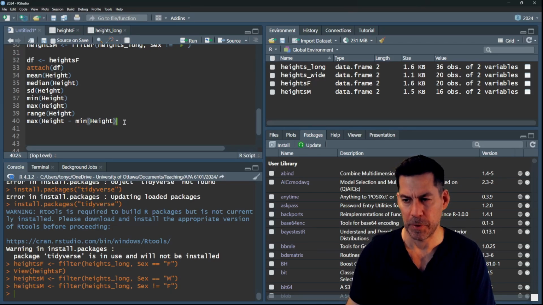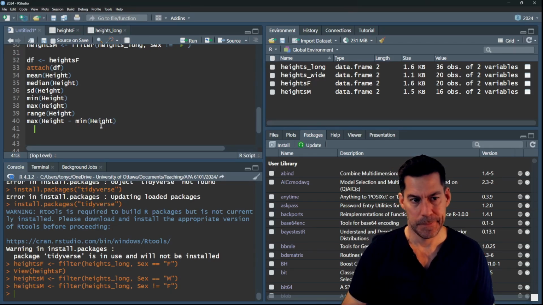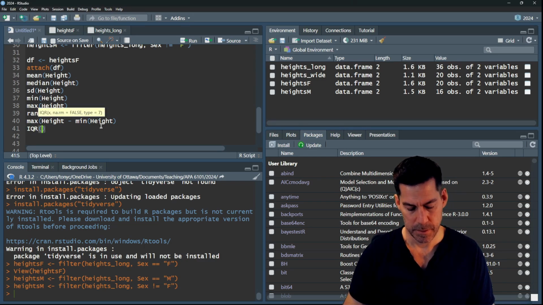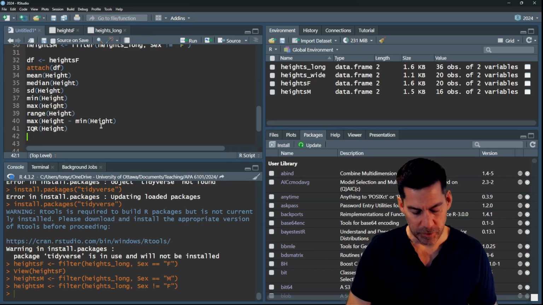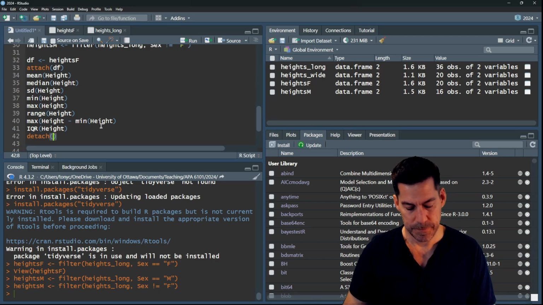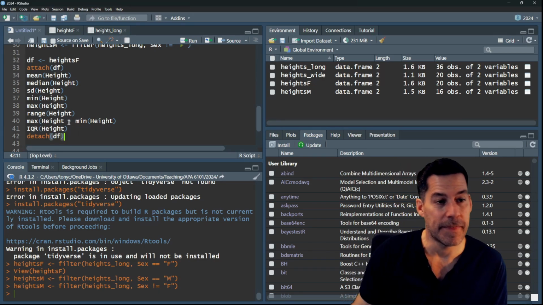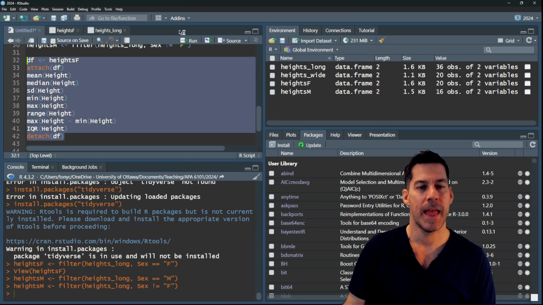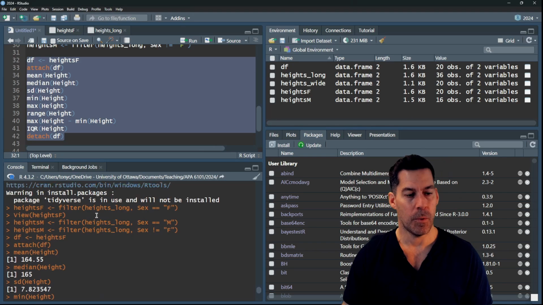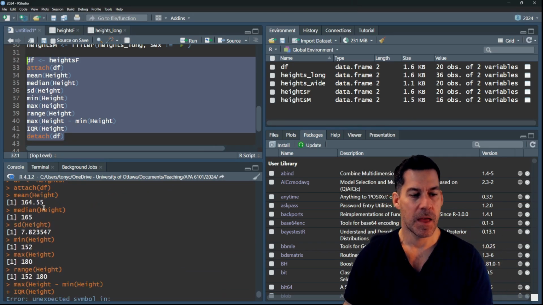What else do I want to put in there? I can also use IQR. So that's interquartile range of height. And then I would want to detach df. Remember, because that's the one that I attached before. Now, if I take that whole set of commands and run them, what we see is I get a mean, median, standard deviation, min, max, and